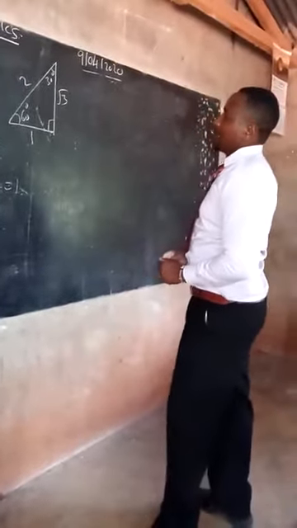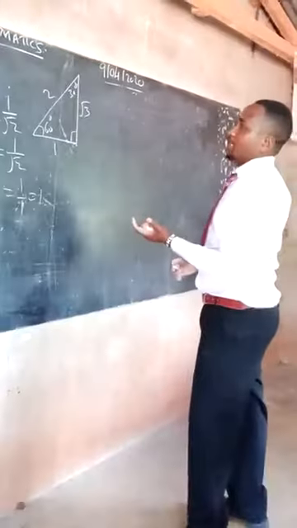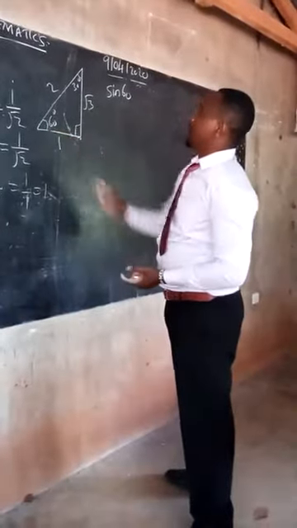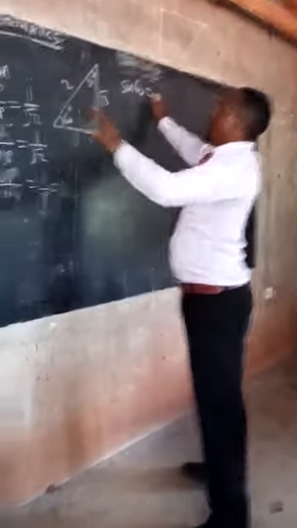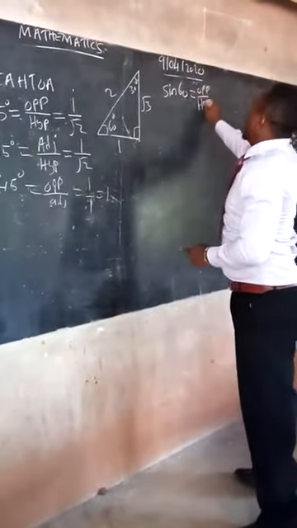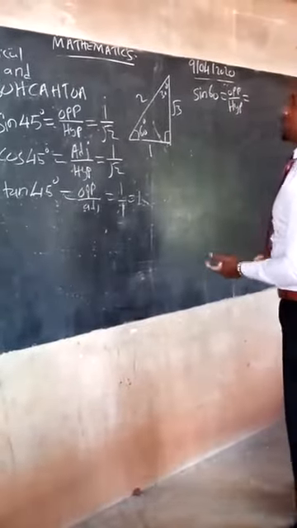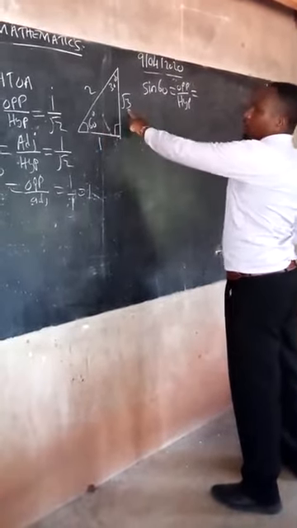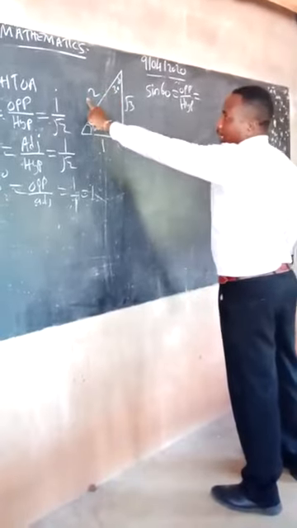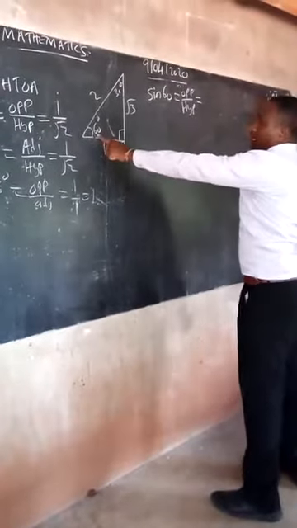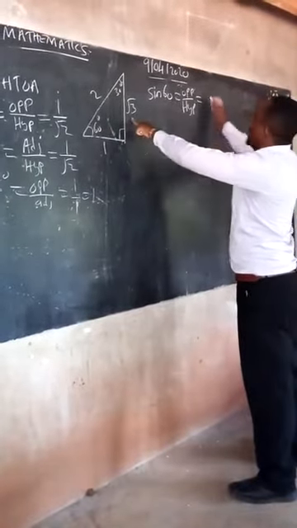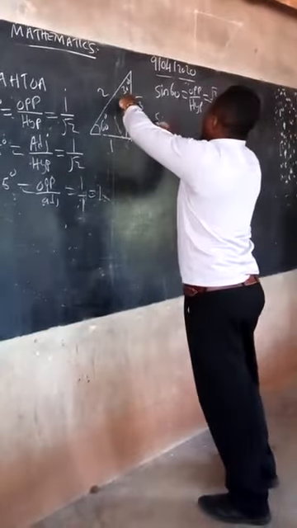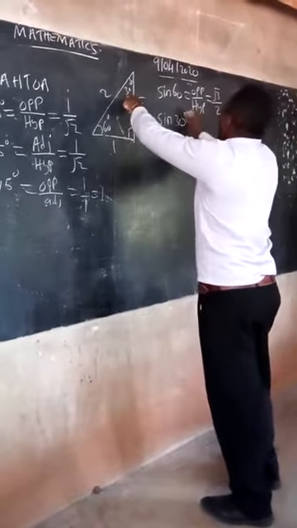So if you want to come up with the trigonometric ratio sin 60, then it is equal to opposite over hypotenuse. So the sine of 60 degrees, this will be your opposite, this will be your hypotenuse, and this will be your adjacent. If you're dealing with this angle, what will be our opposite? Our opposite will be root 3 over 2. Then what is sin 30 degrees?